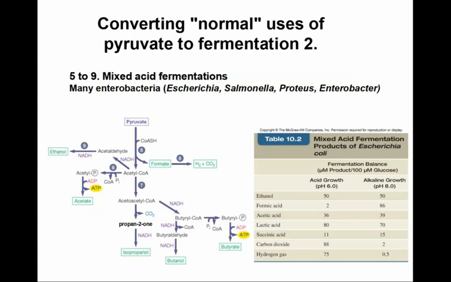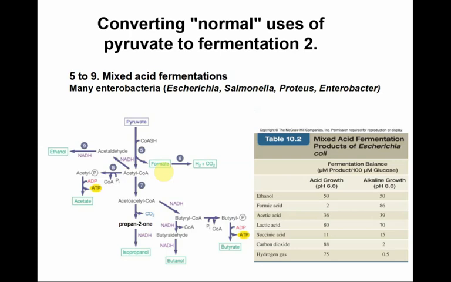If you have a look at this slide, we start out with pyruvate, and the first step is going to be cleavage of pyruvate into acetyl coenzyme A and formic acid. This is by an enzyme called pyruvate formate lyase that Escherichia coli has. Now, if you remember from your Krebs cycle, normally to convert pyruvate to acetyl coenzyme A, the enzyme is pyruvate